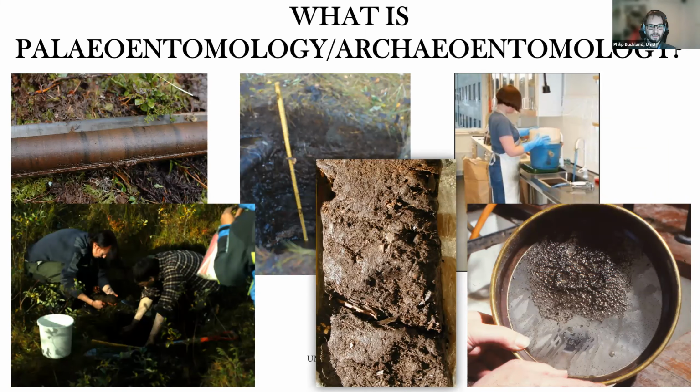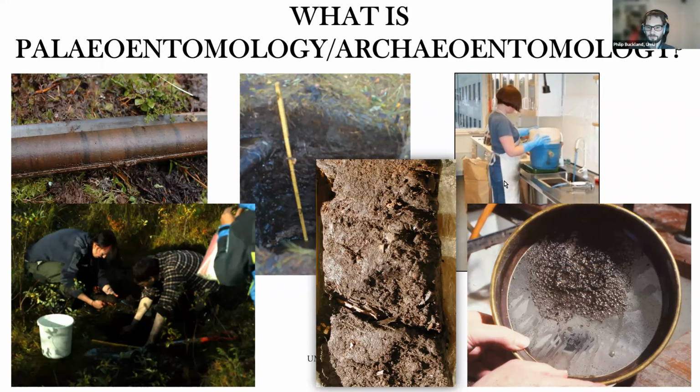So sampling. As I said, many different approaches. Here we have a core from a Russian peat corer, and you can see the different degrees of humification, so breakdown of organic materials in this, and also possibly some evidence of burning of the bog or burning of the environment by the injection of charcoal into different areas of the sediment as it accumulates. Most of our sampling is looking down holes and trying to extract lumps of peat, which we put in bags. We tend to work with 5-litre bags.